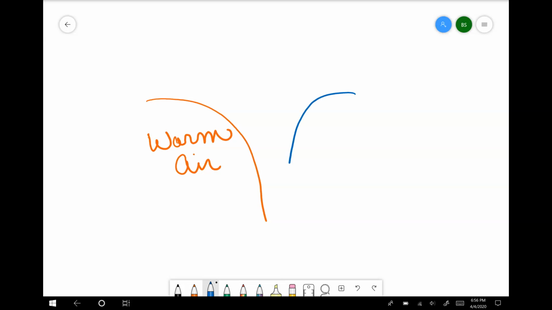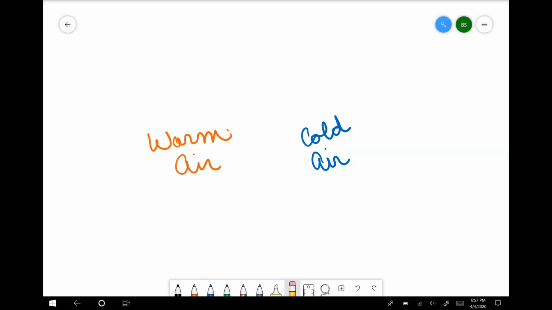An air mass is just a large area of air with a similar temperature and a similar amount of humidity. So cold air masses and warm air masses are just large areas of air that are about the same temperature. We know that air masses don't stay put. They get pushed around by jet streams and each other. So if we have a cold air mass and a warm air mass that are heading towards each other,